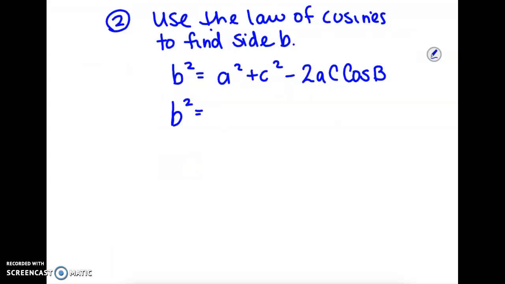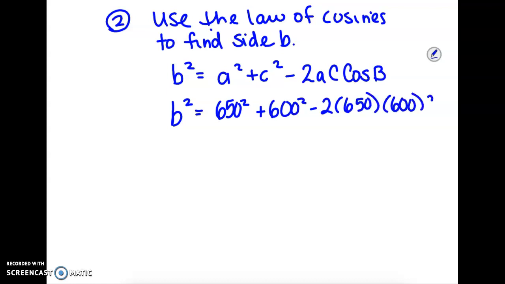So we sub in those values into our formula. 650 squared plus 600 squared minus 2AC cosine of angle B, which is 88 degrees. You want to substitute that in your calculator, and we're going to get about